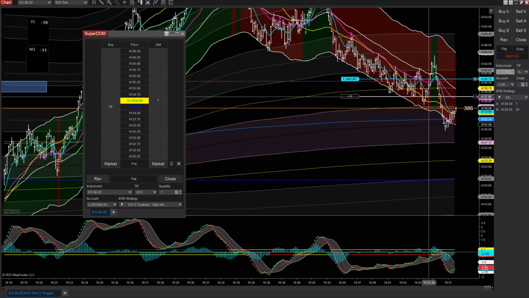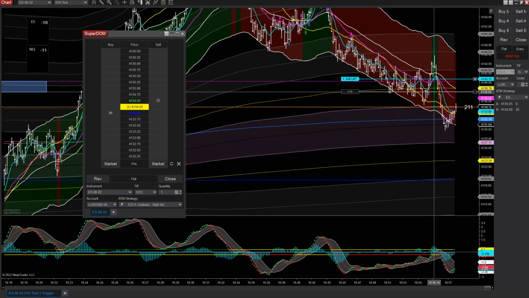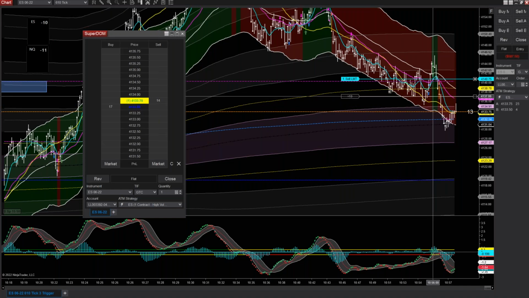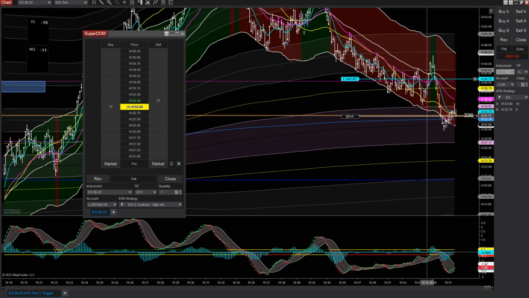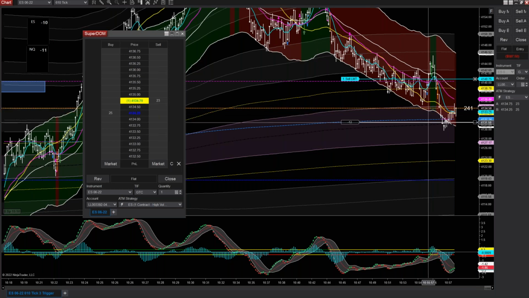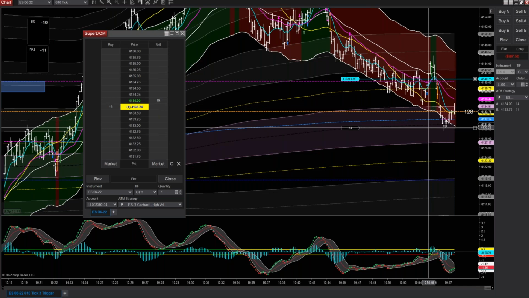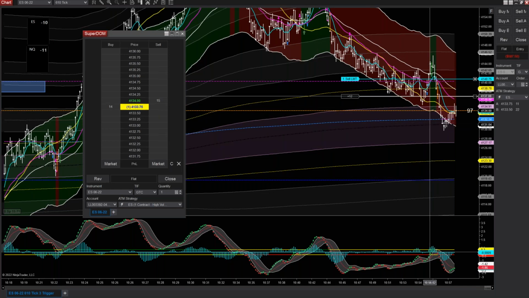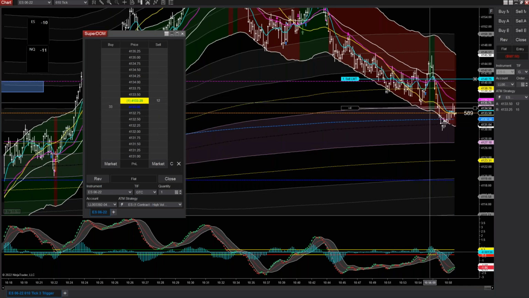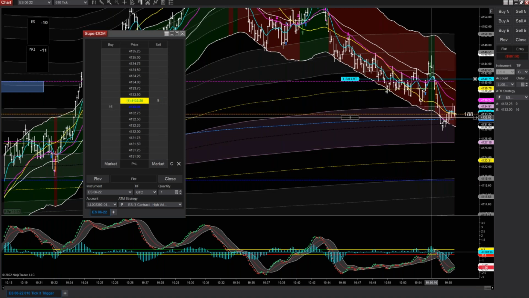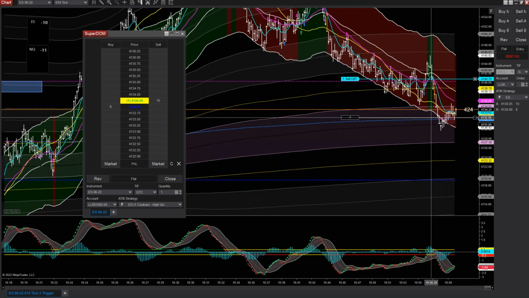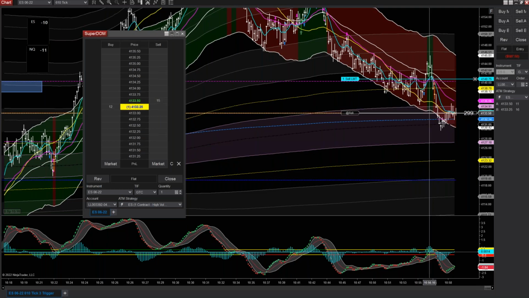Where would you take an entry? This pullback around this moving average here, if it gets there. Let's see if it's going to continue going down here, because that's going to test this VWAP. I want to get it early, when it gets maybe down here, but I want to make sure I don't get caught with my pants down and it goes all the way up. Because it's right above both the VWAPs, the ETH and RTH, I want to make sure where my